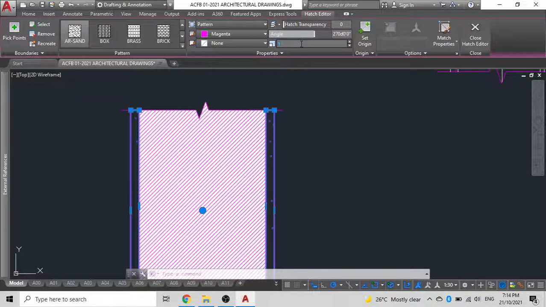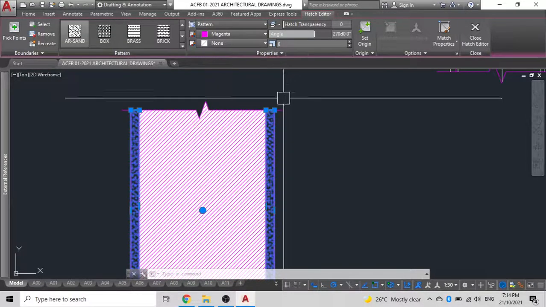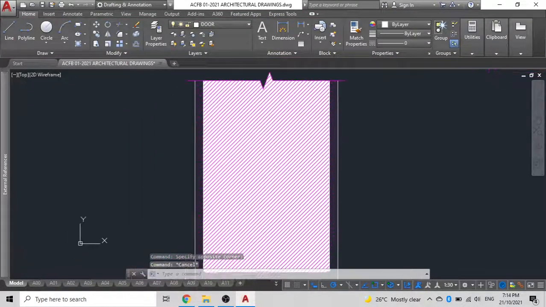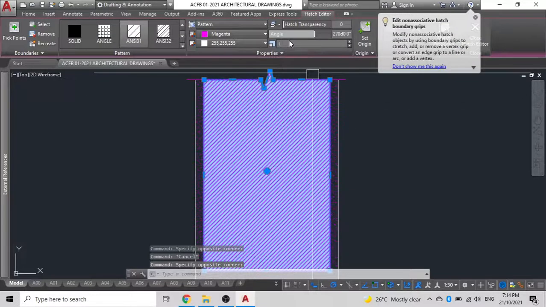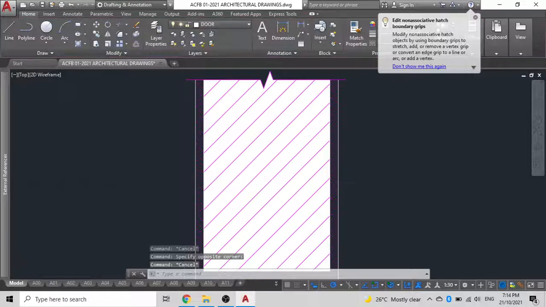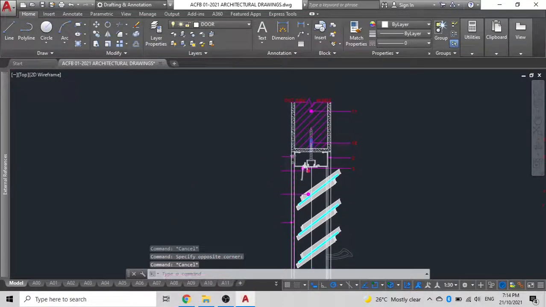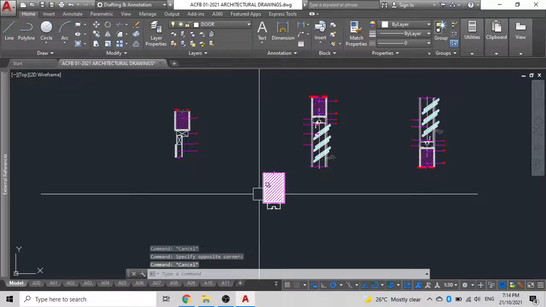So I'll try to use a larger scale of 10 mm. Now 0.1 and there you go. It shows up at 0.1. This can be slightly larger than that. So you can basically put this as a scale of 5. Yeah, that's about it. Now the next thing that you need to do is to determine which is the outside